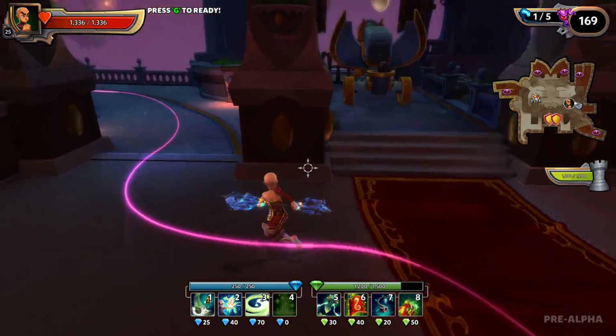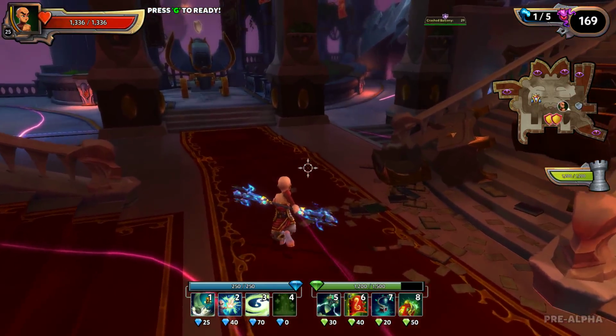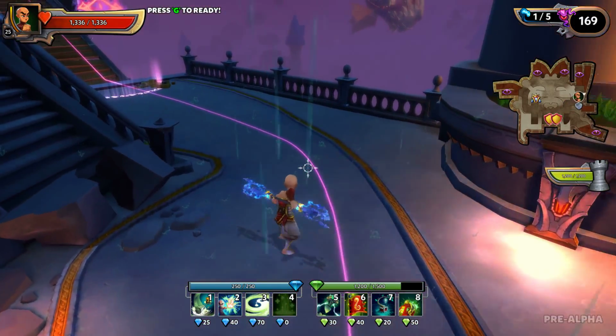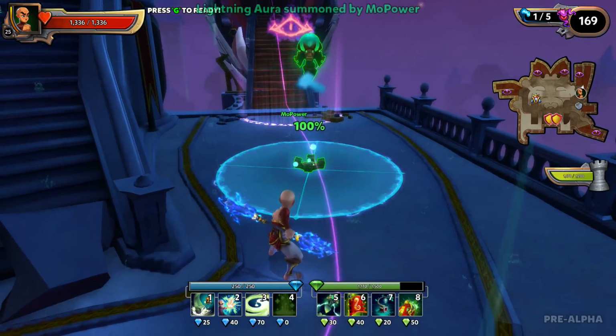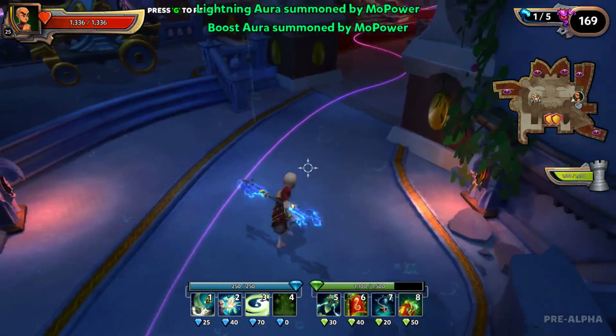But then I found throne rooms just easier overall, less setup, less things to worry about. For this one here, I'll just show you. I actually use auras on this one, just because I haven't gone back and changed my build since my stats have gotten higher, but